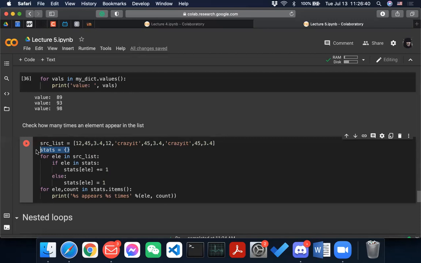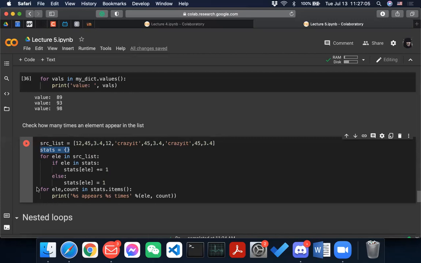And else, that means the entry is not in the dictionary, so you need to add it, right? So you initialize it with 1 because you have already found one instance of that entry.